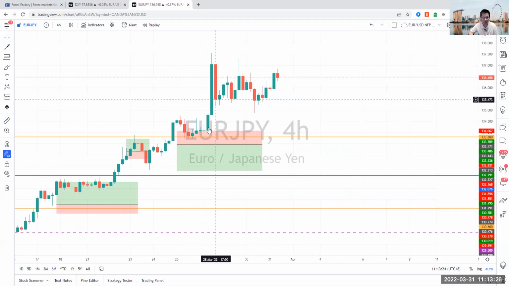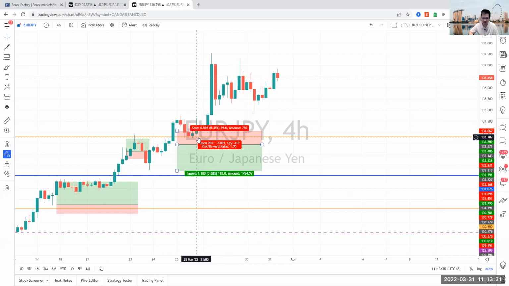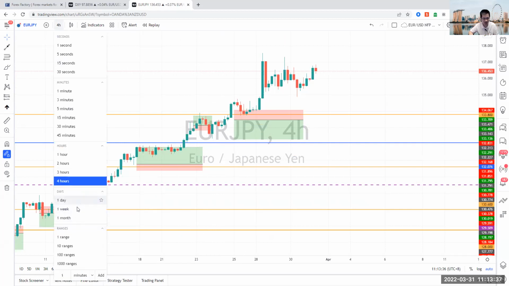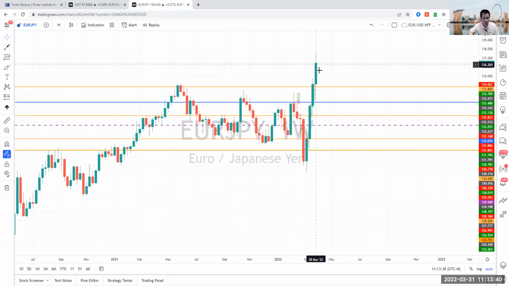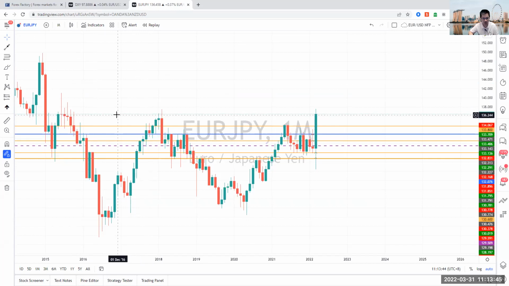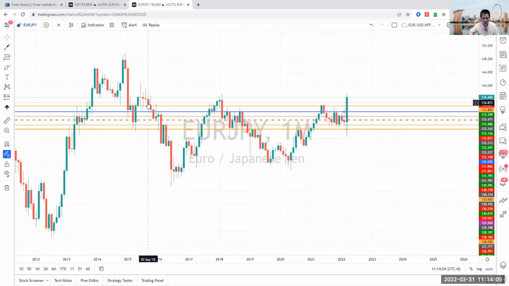Euro yen has broken above that 133 level, didn't turn back down. We were anticipating a reversal there, didn't turn back down. But what you look at here, if I went to the weekly time frame, euro yen at a very high point. Even if I went to the monthly, you can see the last time it came towards this point was in Feb 2018. Last time it went to this point was in July 2015. It spiked all the way towards 141 and had that big reversal all the way down. So be very careful with the euro yen trading towards the upside at this point.